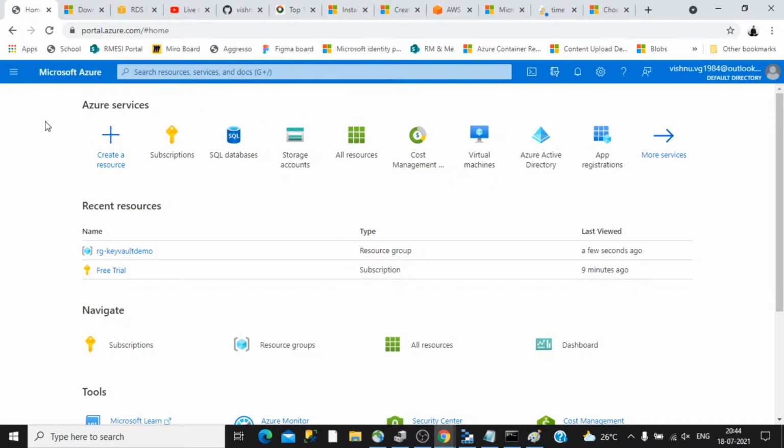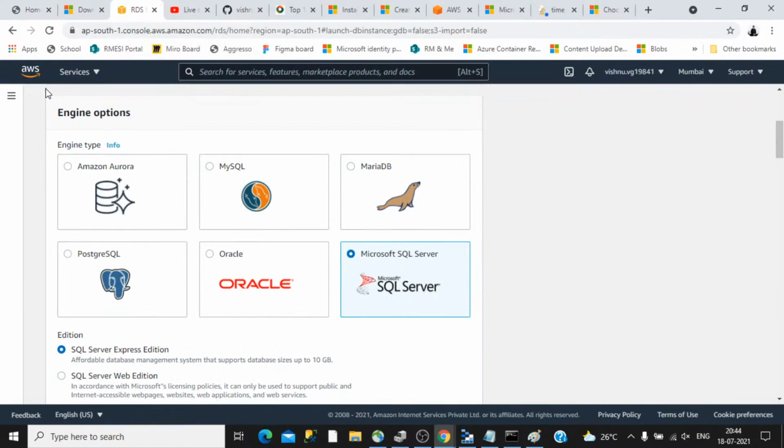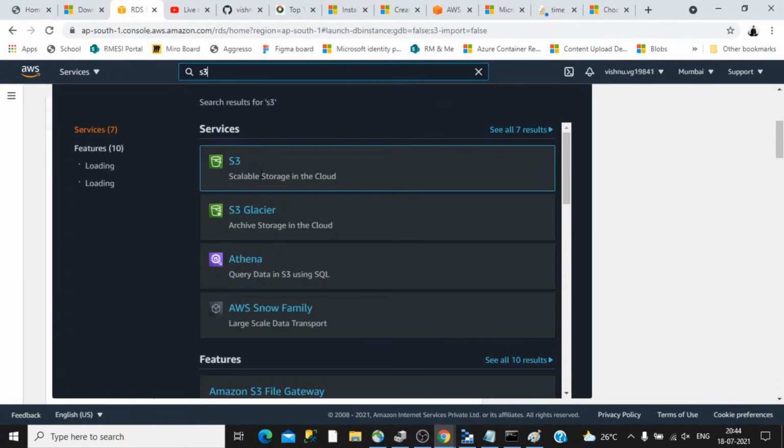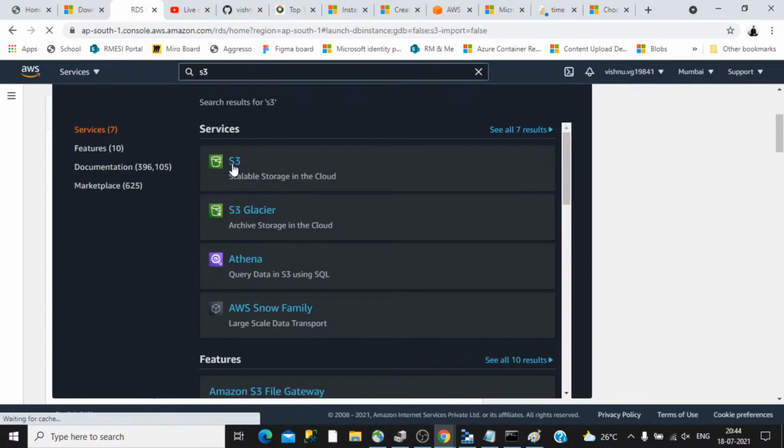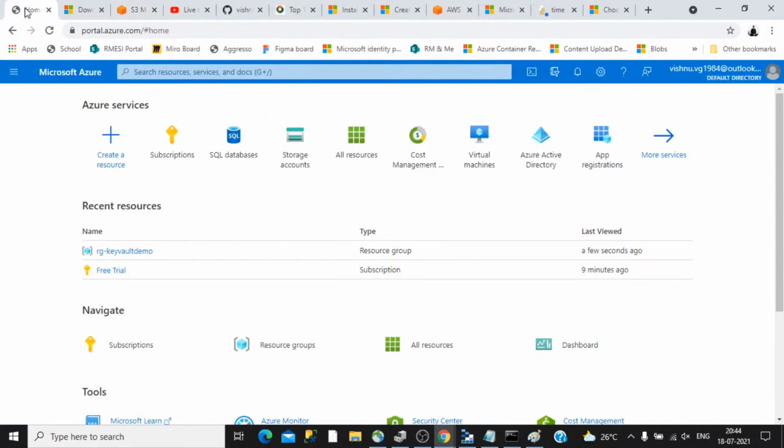So okay, I can explain the concept here, and I can show something similar in Amazon, so that way you can understand. For example, if I am going to create an S3 bucket here, the equivalent of this is Azure Storage. In Azure Storage, when you create a storage account, you will have a container and multiple models.